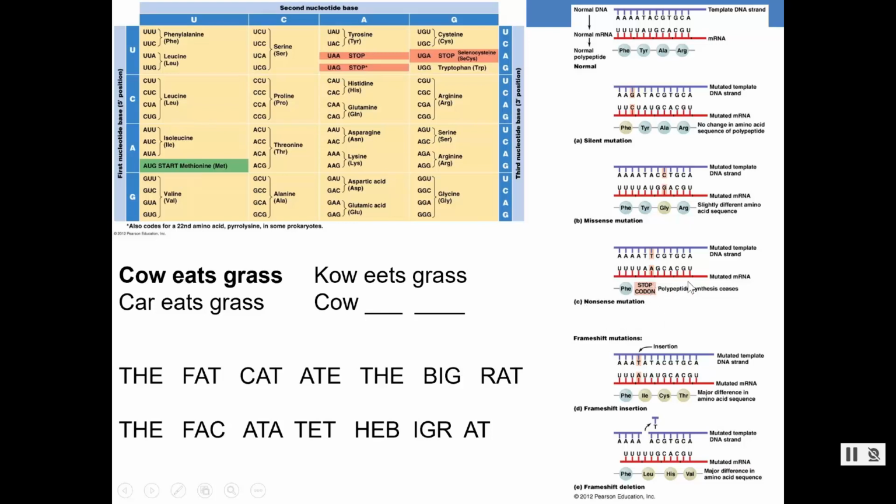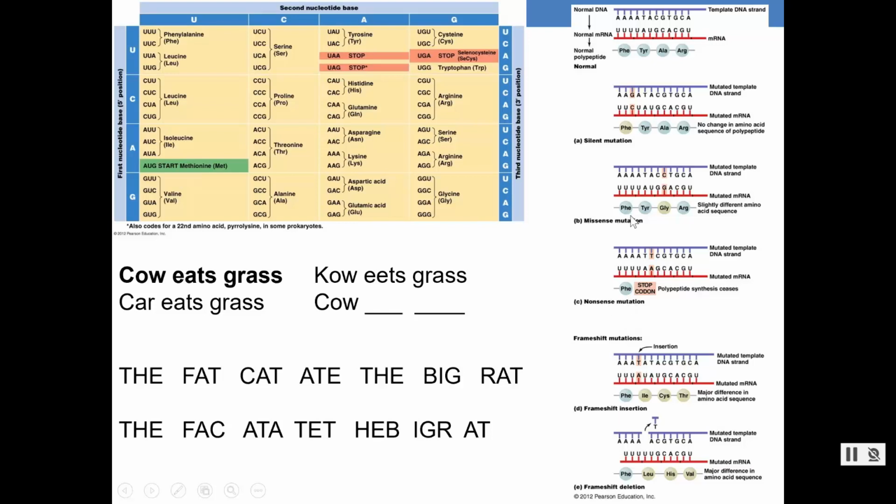This protein is not made, and it can't do its job if it doesn't exist or if only a piece of it exists. So nonsense mutations can lead to disease. Now you might get lucky, and that stop codon may be real close to the end and you can still make it by, but these have a higher chance of having problems.